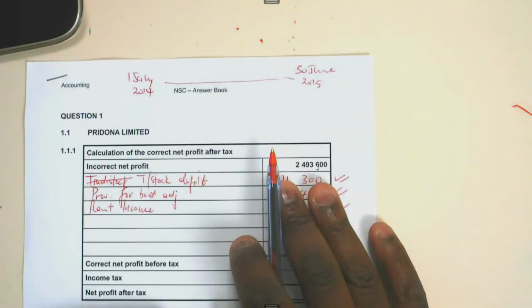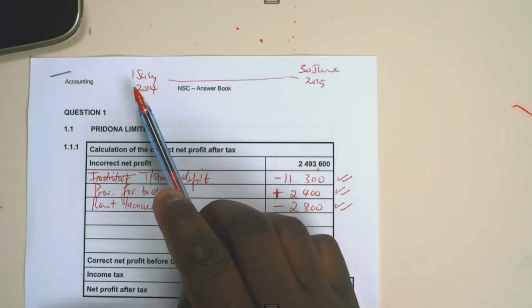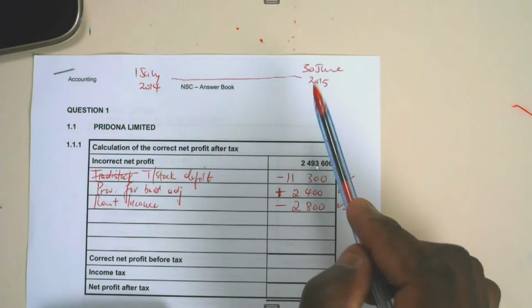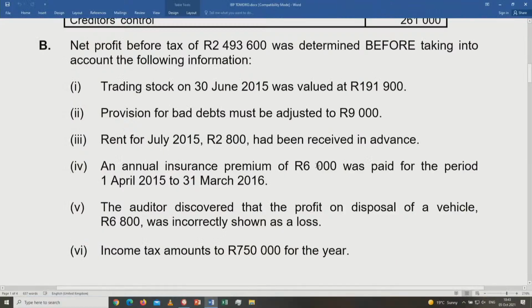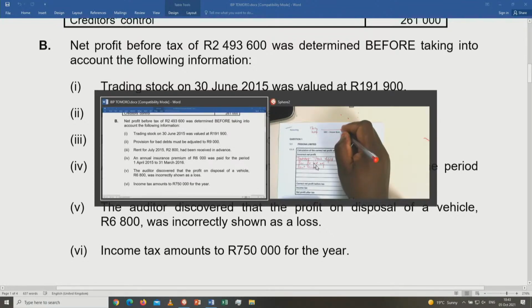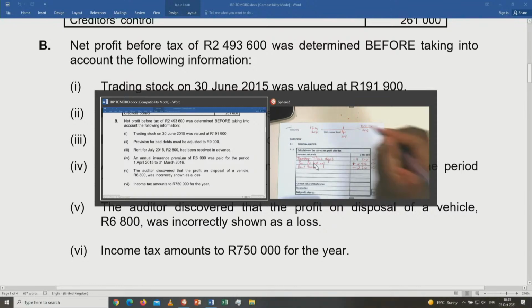I said it starts from 1 July 2014 to 30 June 2015. Now this annual insurance premium was paid from 1 April 2015 to 31st March